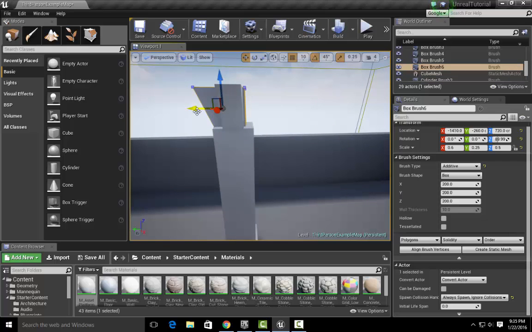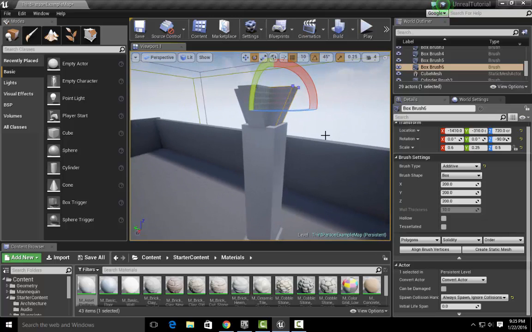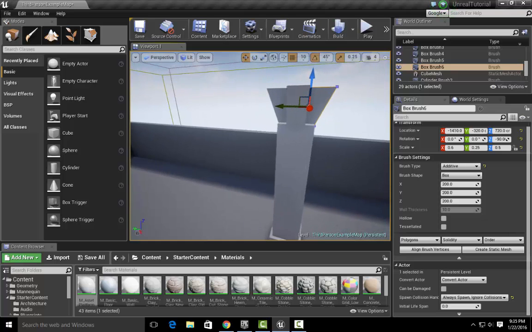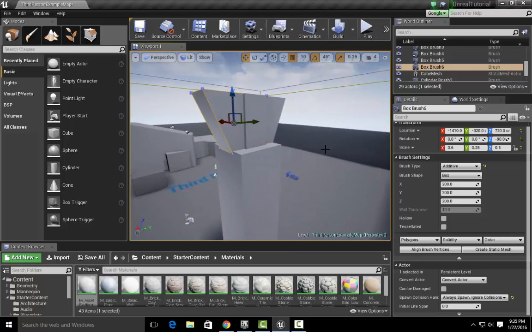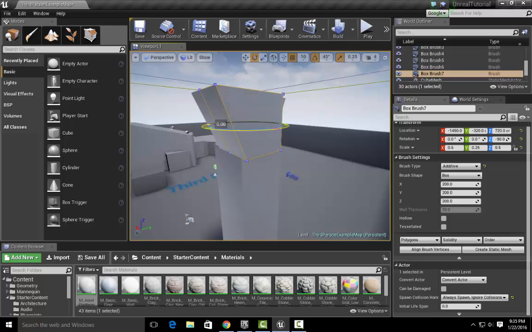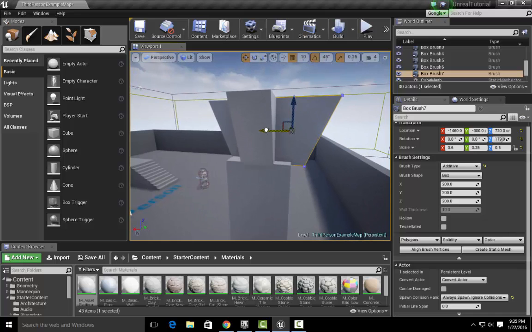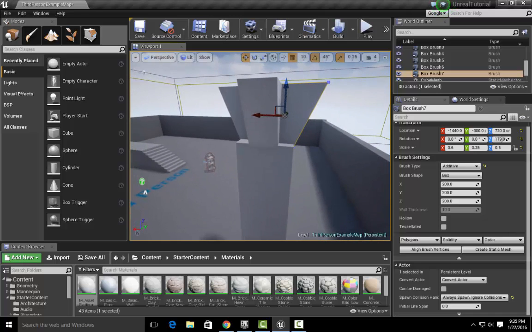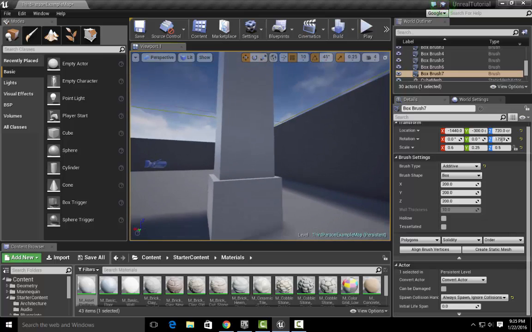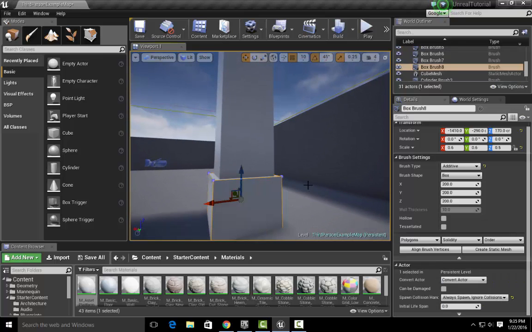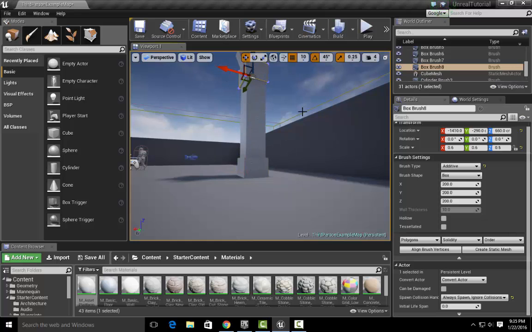And copy, paste. Rotate this 180 degrees. Position it as such. And let's do one more. Copy, paste. Rotate it 90 degrees. And last but not least, I'm going to duplicate this, copy, paste, move this up to the top, hit F